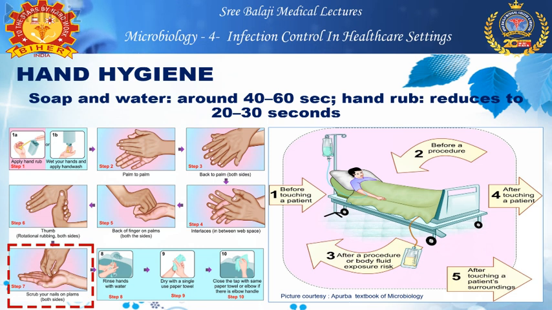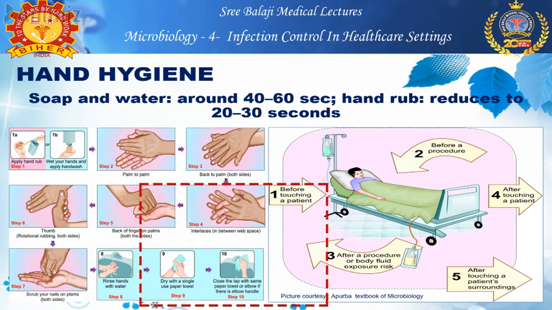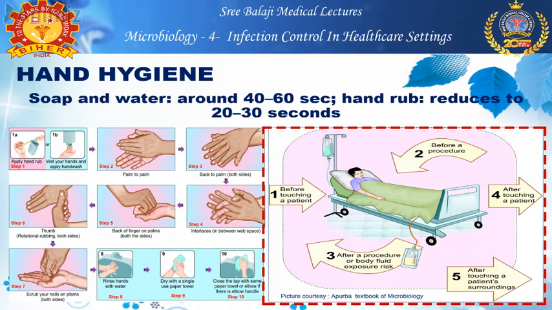Other than this, there are a few WHO moments which also need to be followed. Those are the 5 moments given by WHO. Whenever you enter a patient's zone, before touching the patient, you have to go in for hand sanitization. It may be hand rub or hand wash depending upon what you're going to do. Second is before any aseptic procedure. So if you're going to put an IV line, or if you're going to put a catheter, whatever it is, if you're going to do an aseptic procedure, you have to go in for a hand wash or hand rub